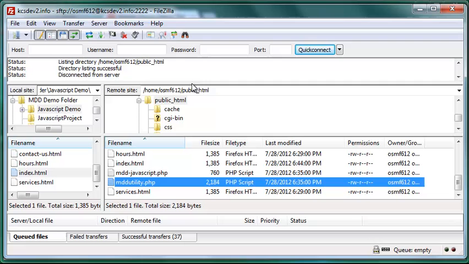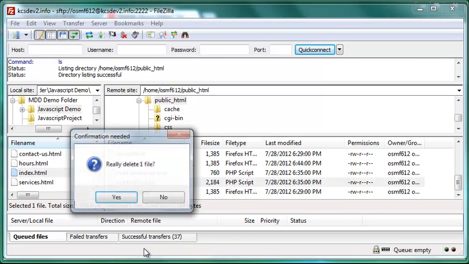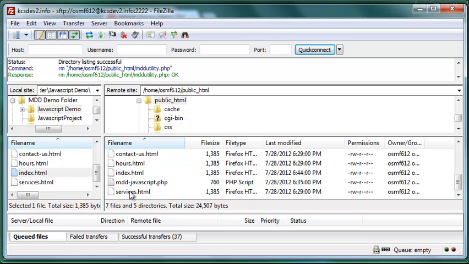So with FileZilla, I'm going to just right click on the file itself and choose delete. It'll ask me if I want to delete it for sure, and I do. And then we just need to ensure that it is gone, and you'll see that the mddutility.php file has been removed from the server. So once that's done, the last step basically is to add the snippet to our main